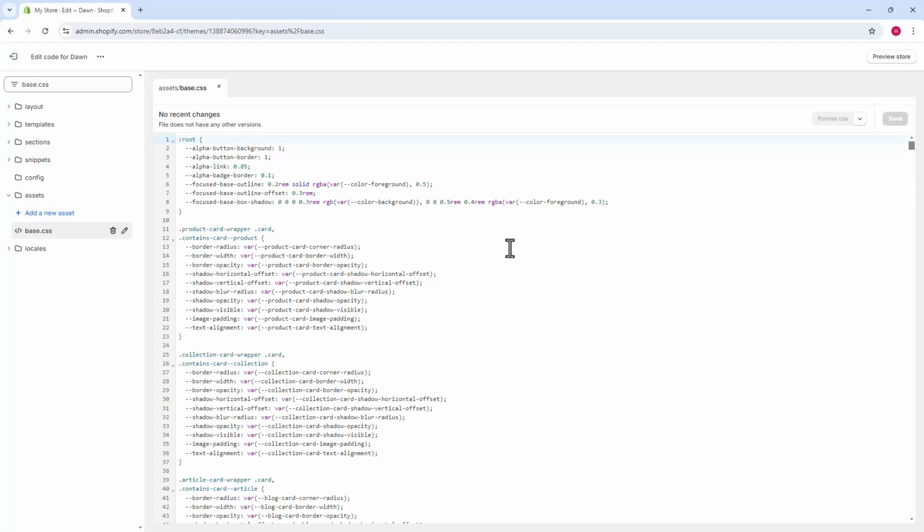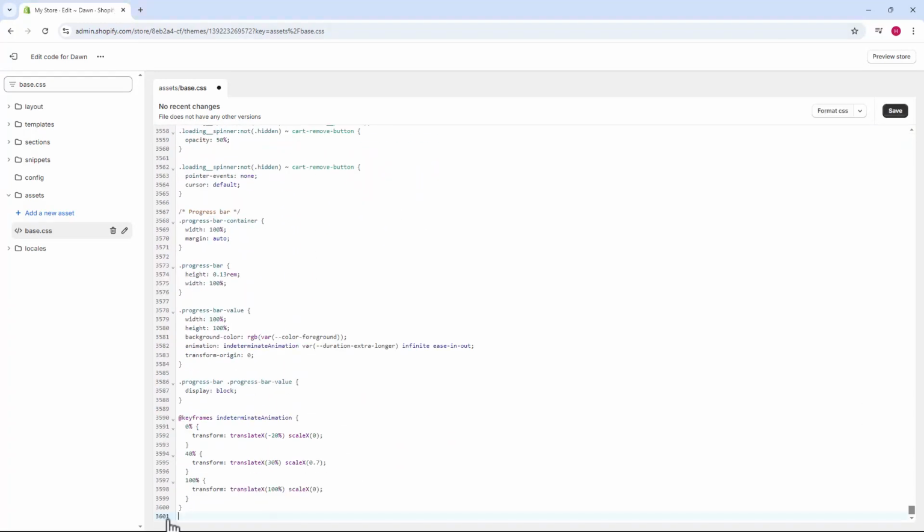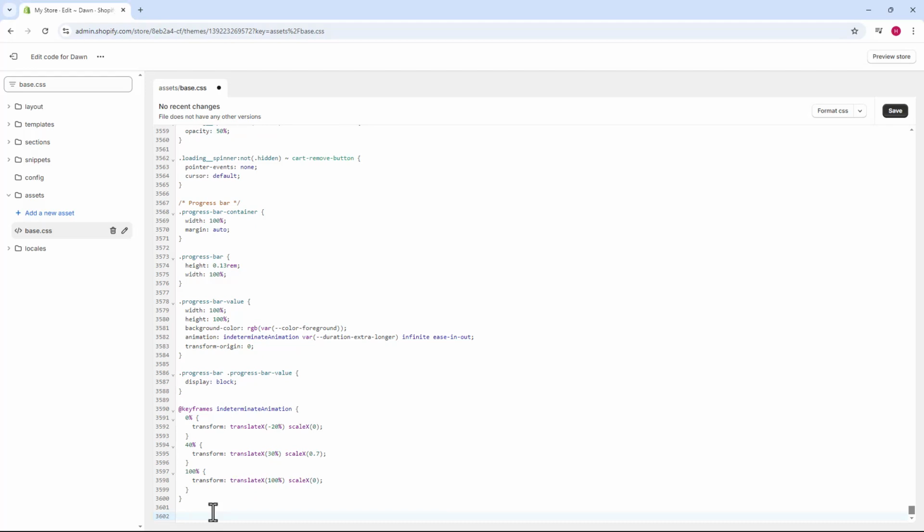We'll scroll to the bottom of this script. Just go all the way down. At the last line, which is blank, press enter. Next, we'll visit